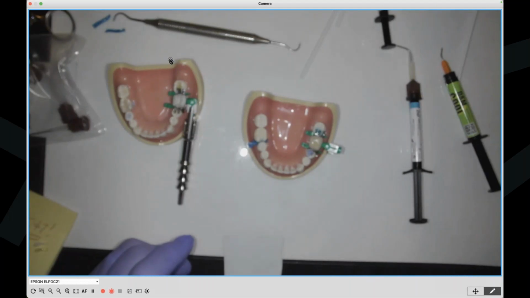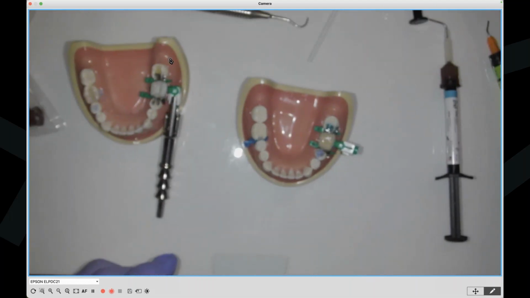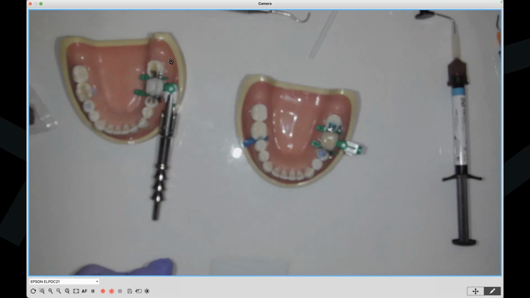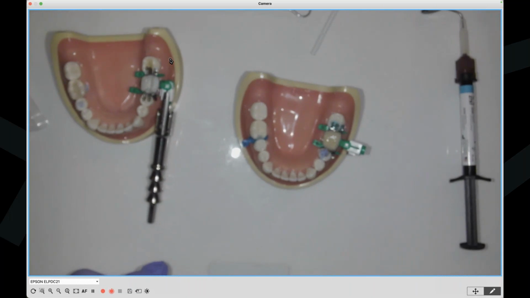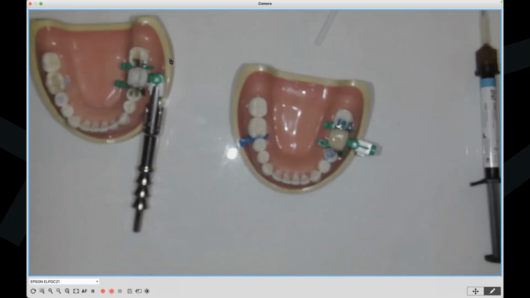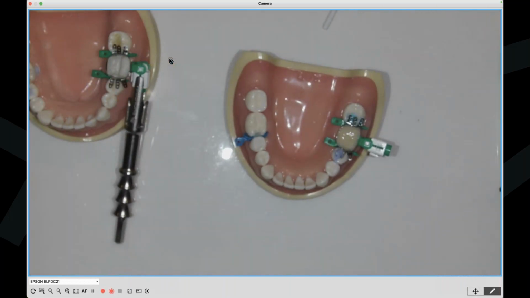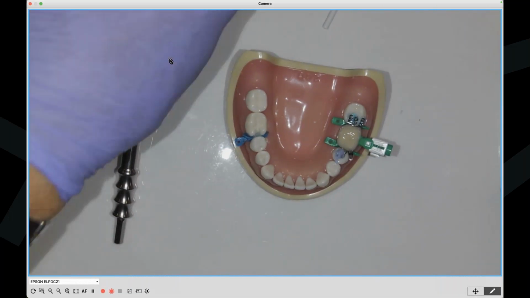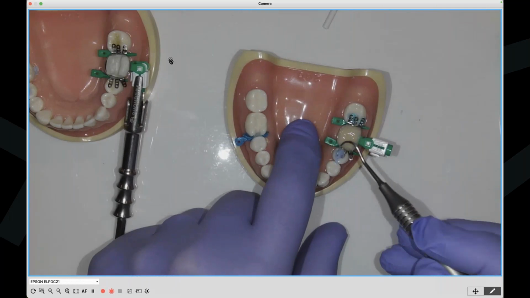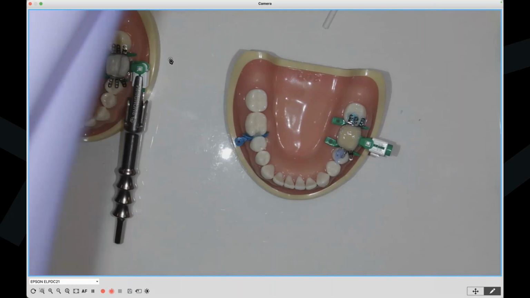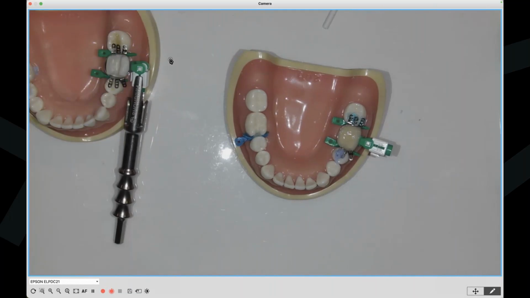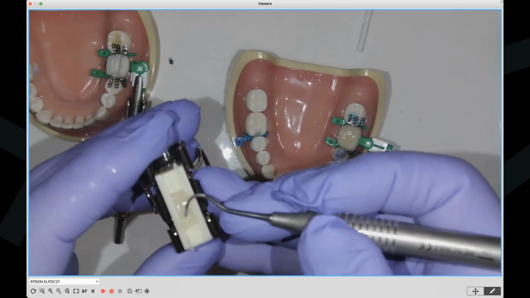Oh, I didn't want that much. So we're still setting. 90 seconds is ultimately hard, but at 60 seconds you can actually pull the band off. Okay, that should be good. Let's focus. All right, we'll do a little test on the material. Still setting. That's setting. Let's see if this one, this is our first one. This is pretty hard.